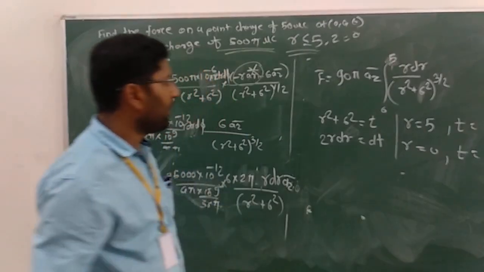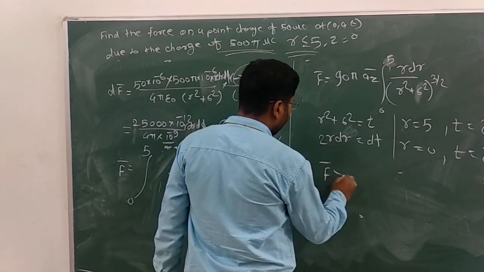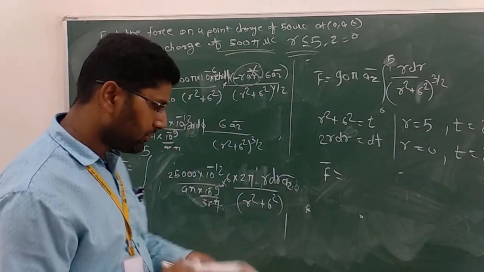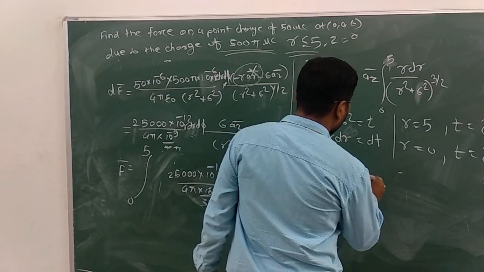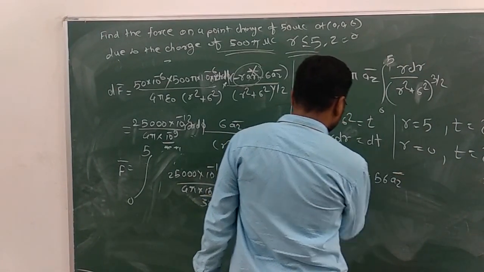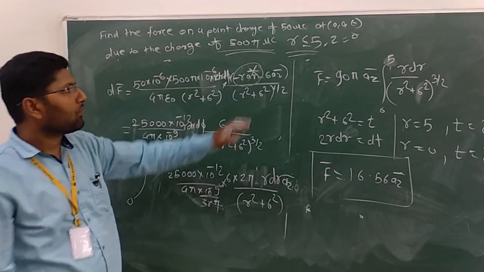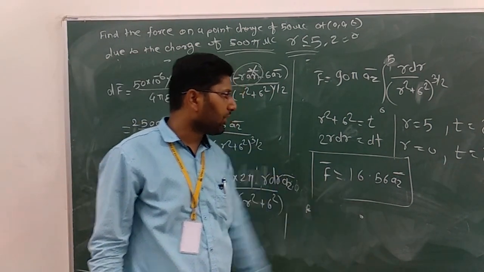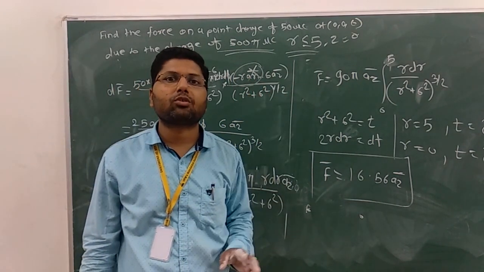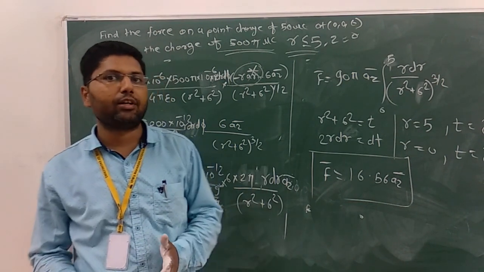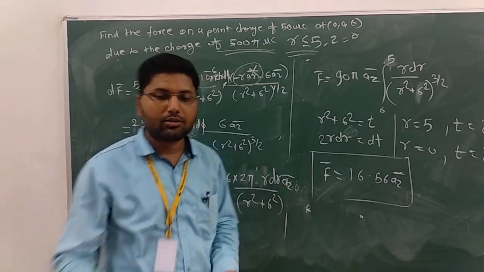So that's the way you have to calculate the integration, and the final f bar by doing this calculation will be 16.56 az bar. To do this calculation, you will understand that the answer is 16.56 az bar. So that is the way when you are using different configurations. Now this configuration you will require in the next part, that is electric field intensity. In the next lecture, we will start with the electric field intensity, and that is a very important part. I am just giving the introduction.